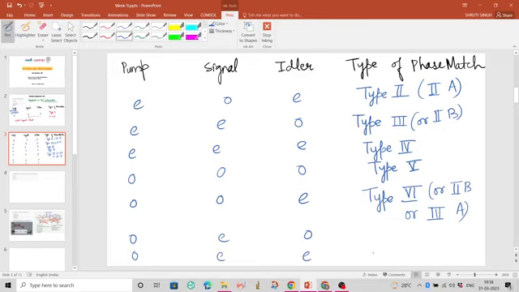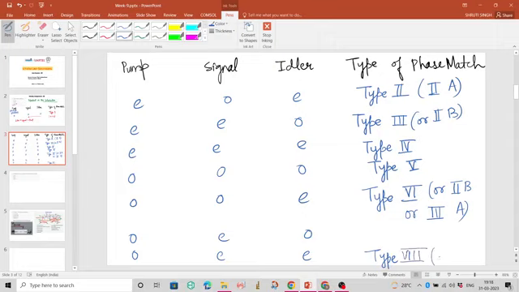So it is type 8, or we can say it is 1. And this seventh one, type 7,